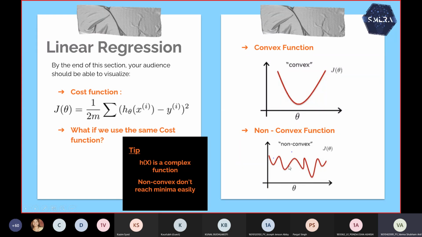As you can see, the deepest part of the whole graph is the global minima. So it's this point, and all others are local minima. If I use my optimizer function and start on this model, and I start from this point, the optimizer will give me this local minima as the best function, but what I needed was this global minima. I hope you understood what a global minima is, what a local minima is, and why we therefore have to use a different cost function too.